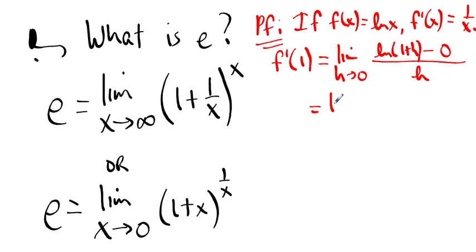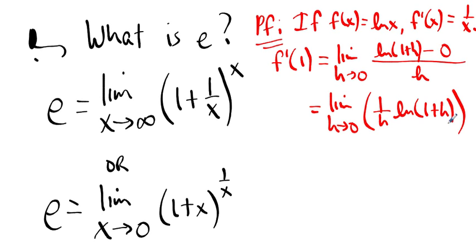So this is the limit as h approaches 0 of 1 over h times the natural log of 1 plus h. Now, you and I both know when you have a number in front of a natural log,